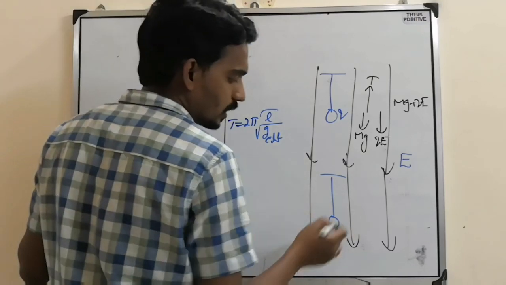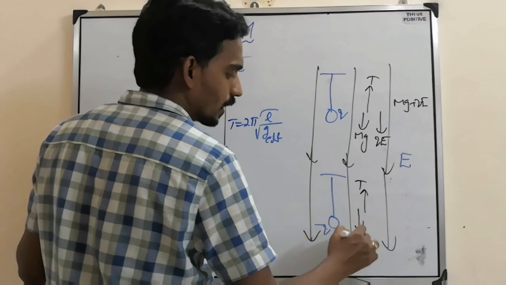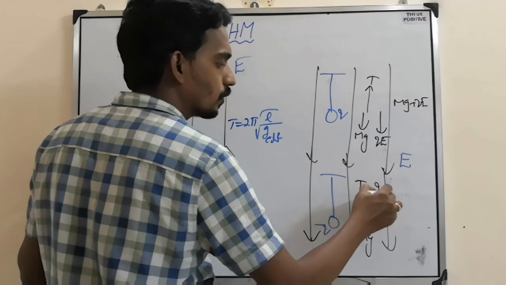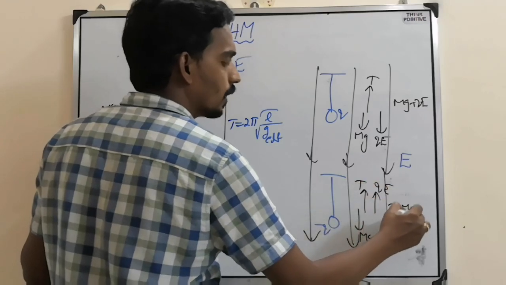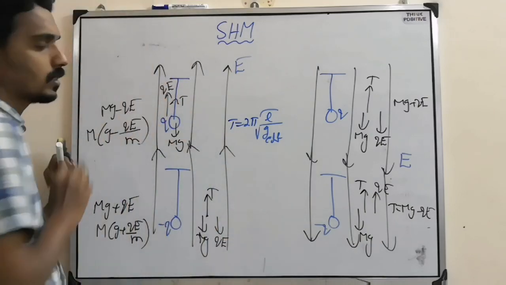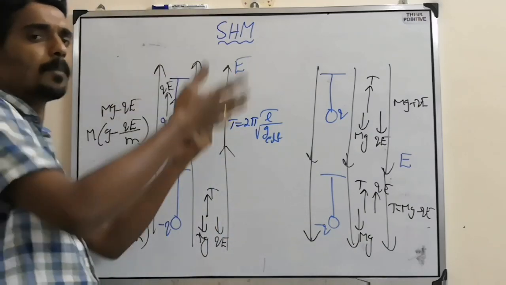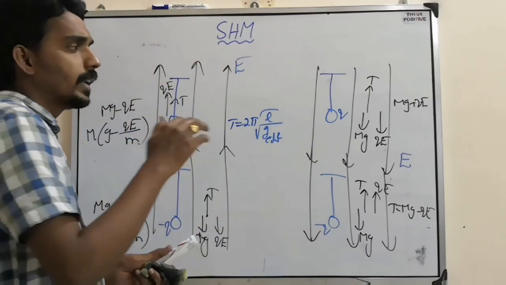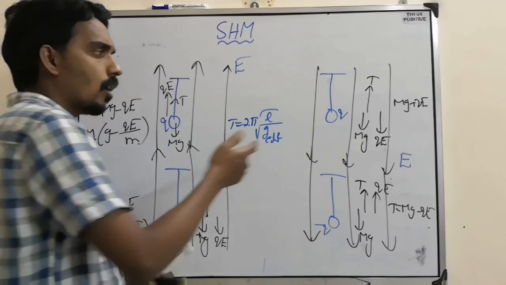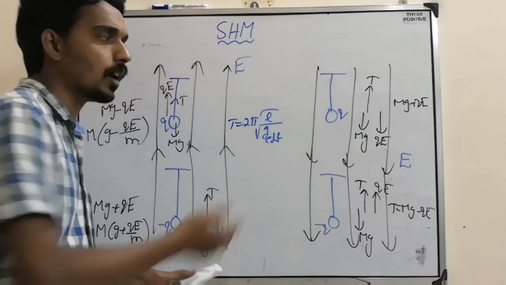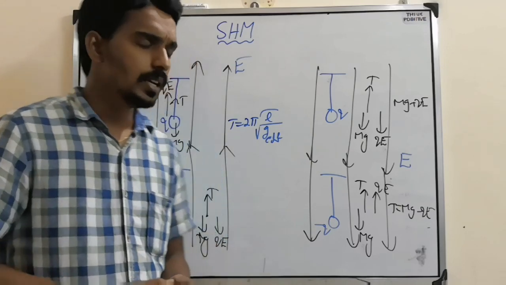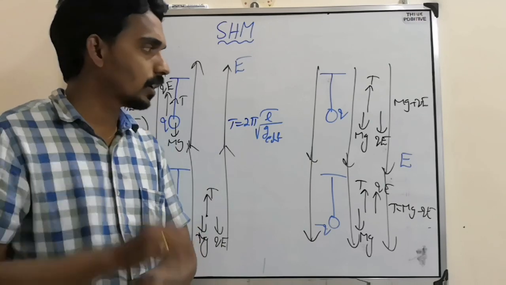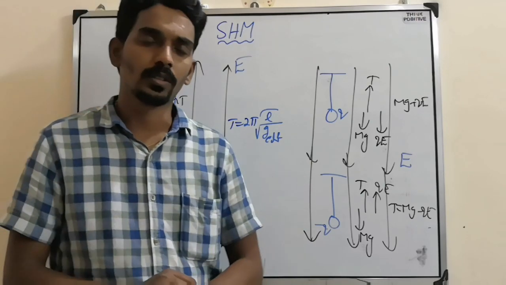And here negative charge in downward field means tension up, mg down. Then here electric field down, so electric force up, then mg minus qE. Now this is same as this. So positive charge in up case and negative charge in down case, both are same. Or negative charge in up case or positive charge in downward field, both are same. Like that, they can relate it to various types of chapters related to simple harmonic motion.